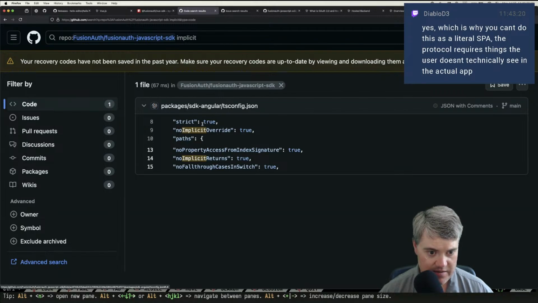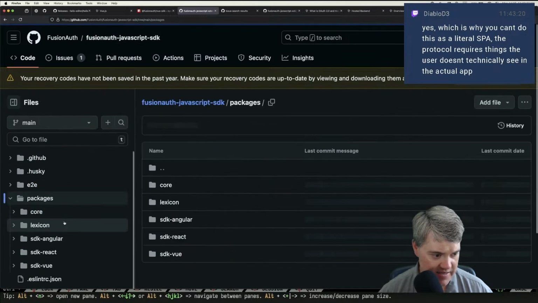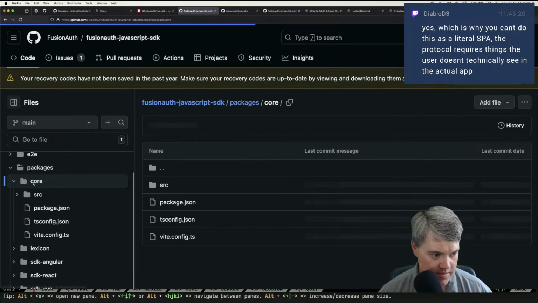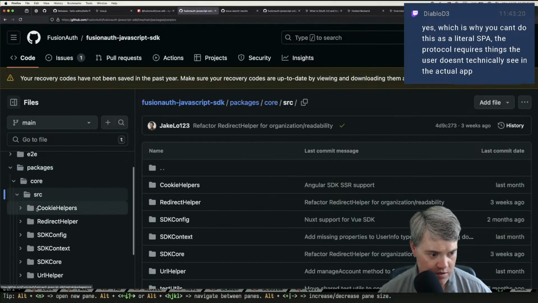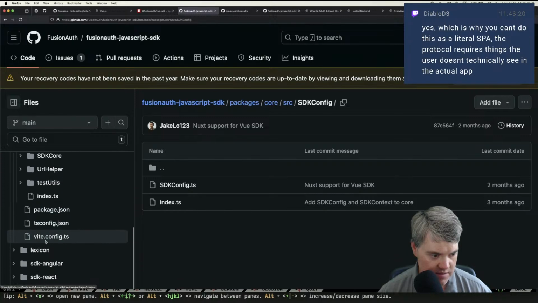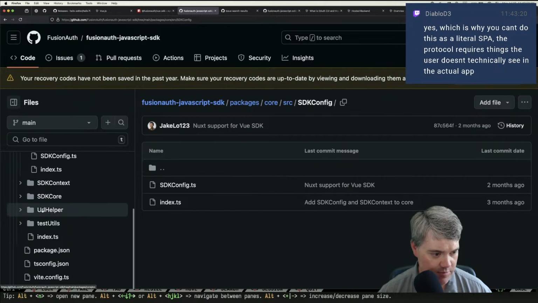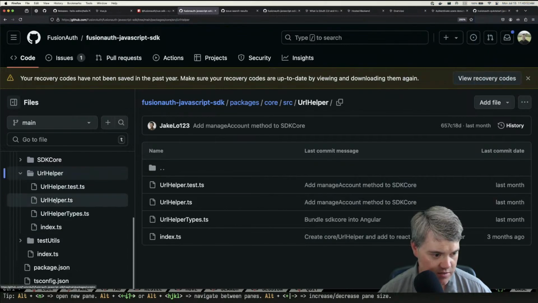Not exactly there. The FusionAuth SDK in core, oh, maybe it'd be oh, it was like the URL helper, right? So in URL helper,